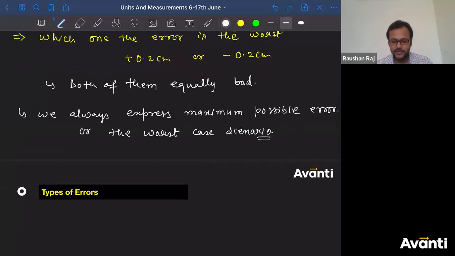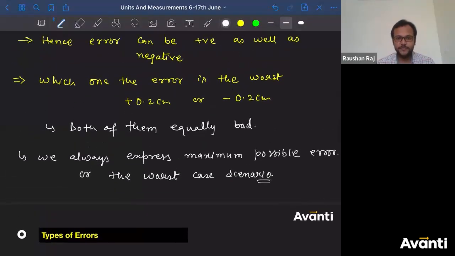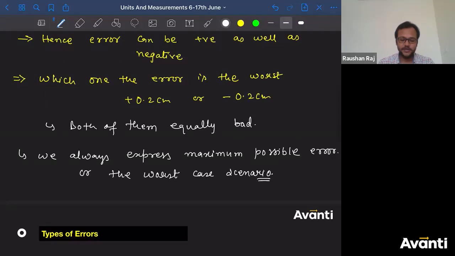No one can give you a product which is having zero error. If he is going to give you that particular zero error product, that means he is God. Even God commits mistakes, yaar. So some error will always be there. You do whatever you want to do, there will always be some error. Zero error is not possible.